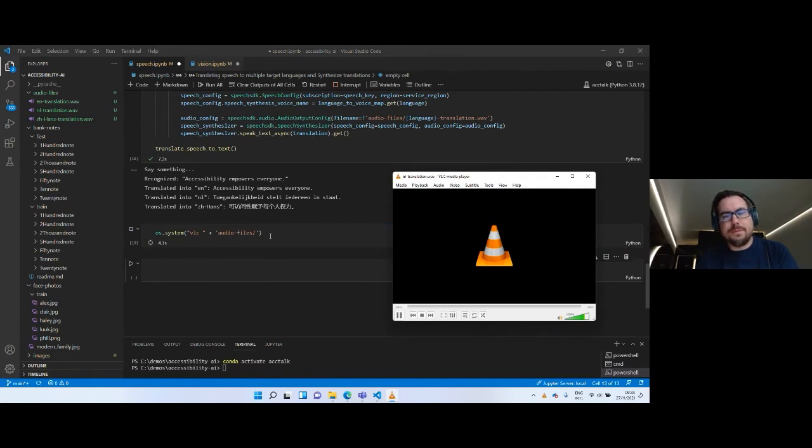Toegankelijkheid stelt iedereen in staat. 可访问性赋予每个人权利。